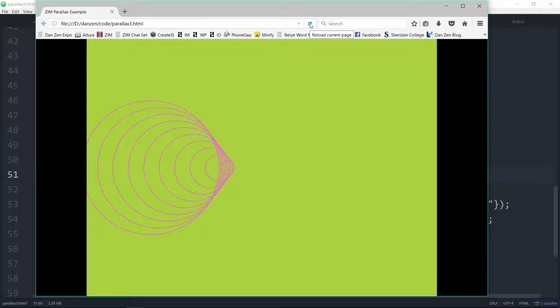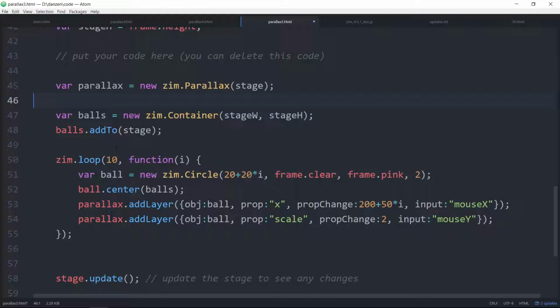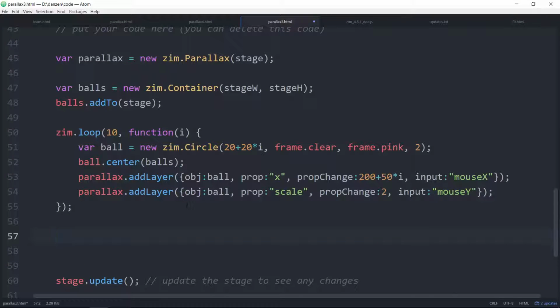Okay, so it's sort of defaulting to 0, 0. Now we can fix that if we want, and that is, we've got immediate. As mentioned, it's based on proportion damp, which uses the damp class. The damp class has this thing called immediate, which means it'll start calculating at a certain value. Right now it's starting to calculate at position 0, 0, and that isn't necessarily what we want. So with the parallax you can pass in immediate as well, but unfortunately you've got to give an immediate value for each layer. So that looks like this: